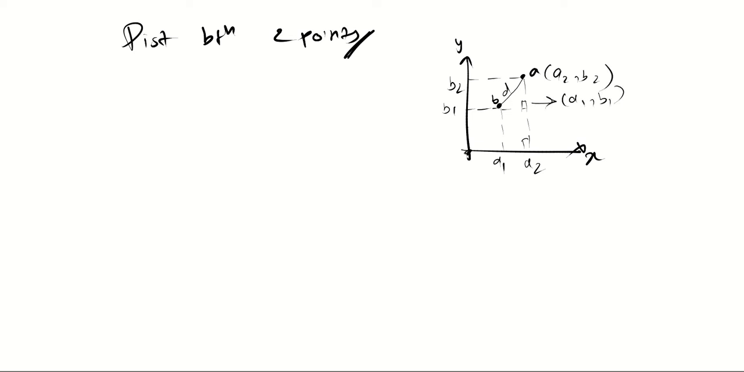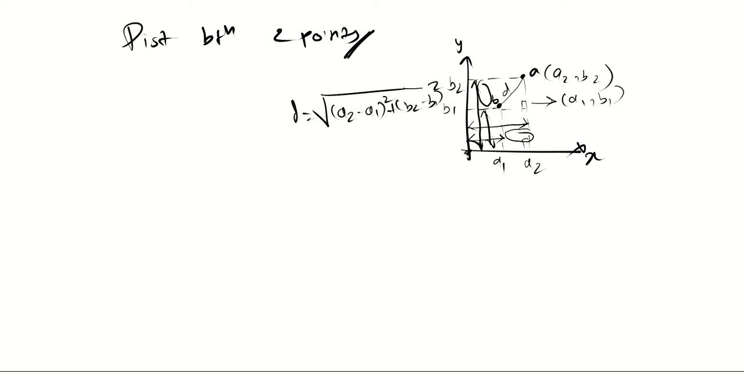To get the distance from A1 to A2, what I need to do intuitively is just subtract A1 from A2. Similarly, to get the distance from B1 to B2, I just need to do the subtraction of B2 minus B1. So we got the distances. Now all we need is to put the pieces together and use Pythagoras theorem on it. So D is equal to the square root of (A2 minus A1) the whole square plus (B2 minus B1) the whole